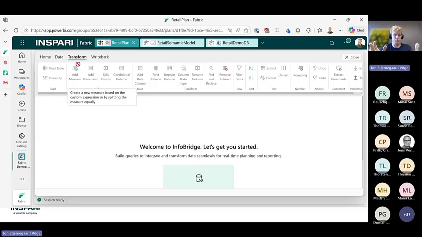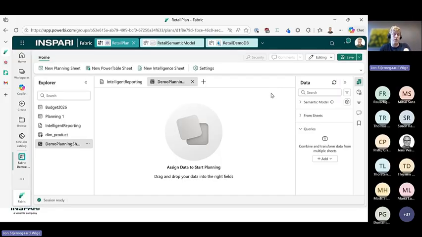It's almost like dataflows or Power Query or M. I don't know if it's M underneath the hood or what the engine is, but there is that possibility of transforming data before it even lands in your planning sheet.